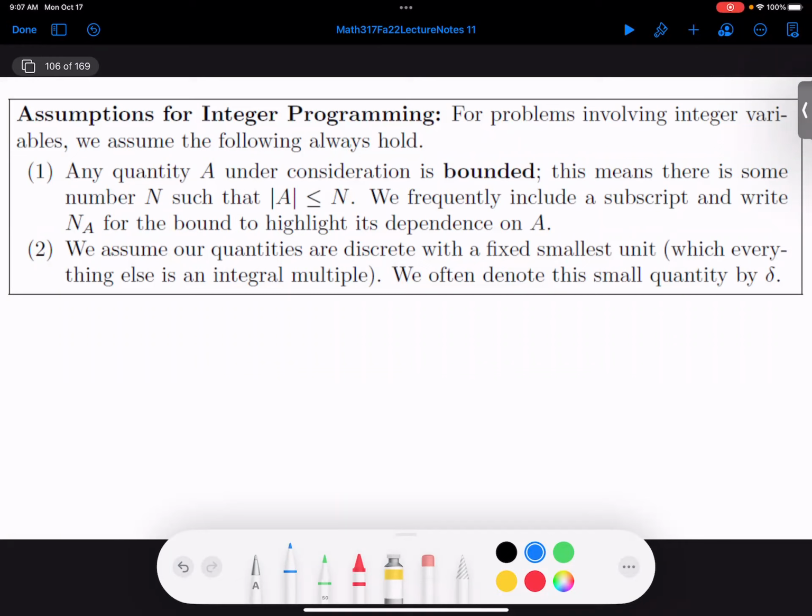Anybody drive recently? Yes, we still have prices that end in 9/10 of a cent. But if you go a few digits to the right of a cent, I'm sure we're fine. And so it's not a big deal frequently to have the same discretized scale for everything. We only have finitely many things. Not a big deal. Okay. This just makes a lot of the calculations easier to just say that we're under these conditions.